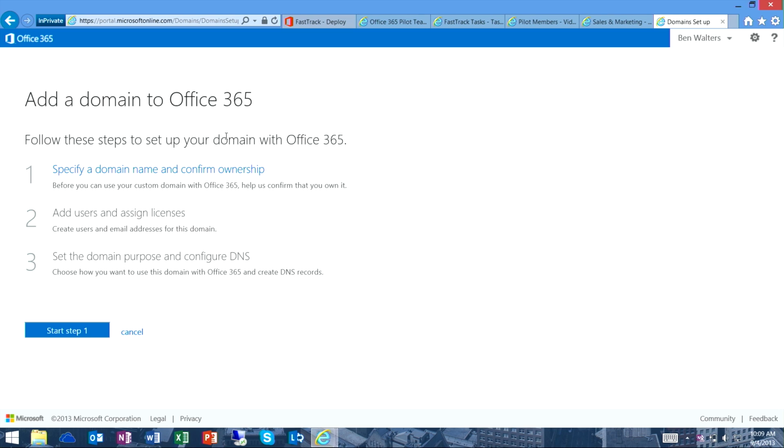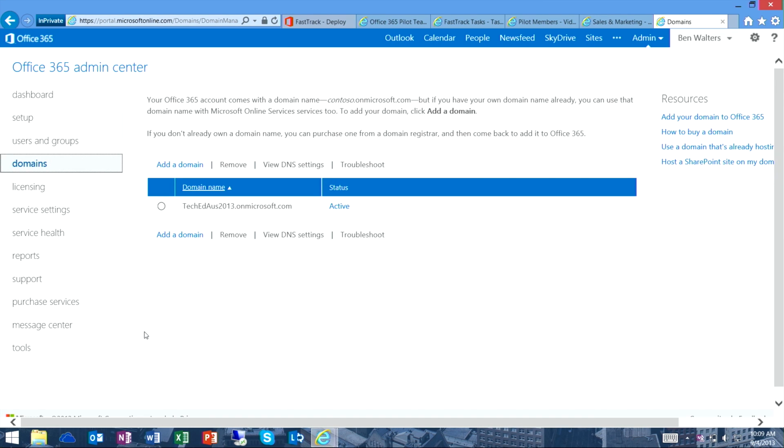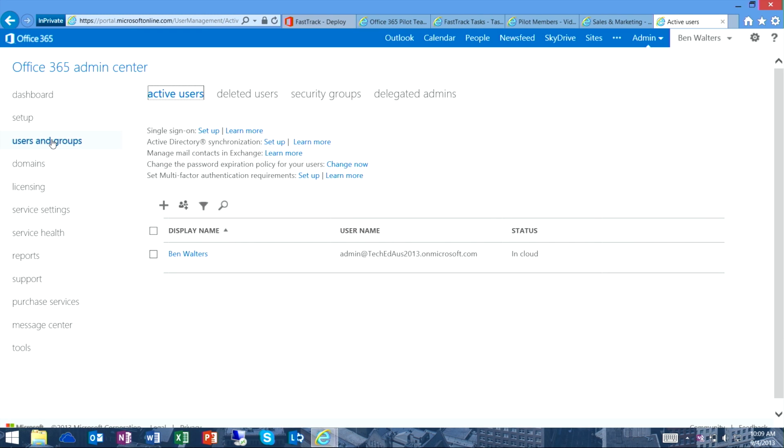Once we have that done, our next step is to start thinking about how we go through the synchronization process of our users into the Office 365 service. And there are 2 steps to that. The first is using the tool that Jeff mentioned, which is IDFix. And that's around remediating my service and then going through and setting up my directory synchronization.